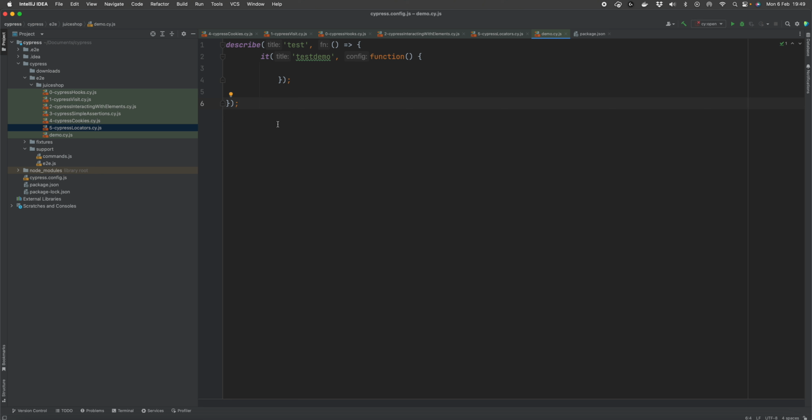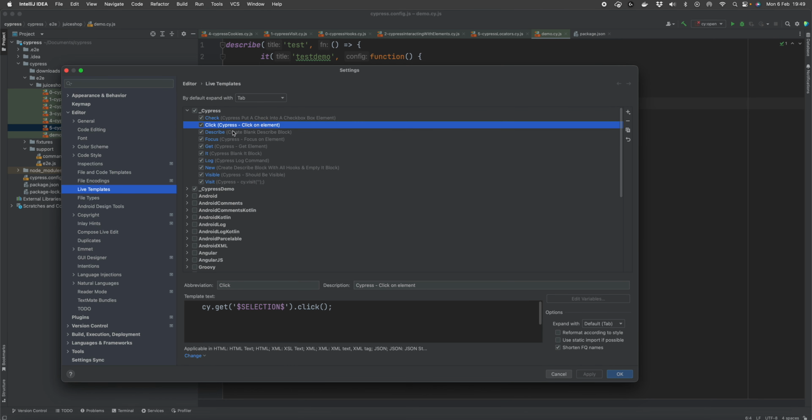If you look at the documentation available to you from the Cypress website, copy and paste those commands, populate the commands which are dynamic, the bits that will change.